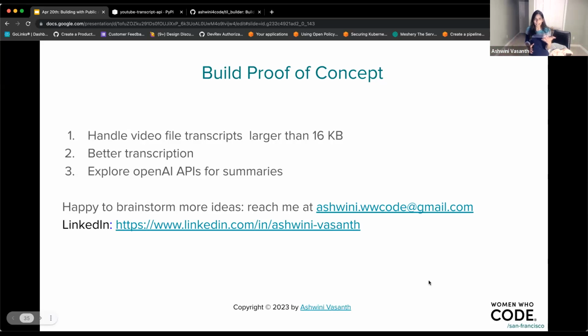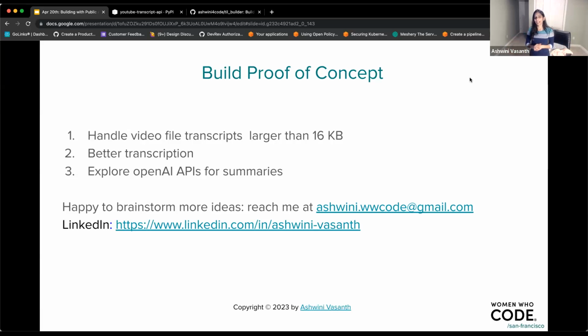The other thing, and this is something that you will notice once you all are able to log into the system and look at the transcription a little closer and understand what it's doing, we need better transcription. You will see this the moment you look at the details. You'll see that some of the words are kind of stuck to each other. It's not perfect. So we should figure out a better way to transcribe.